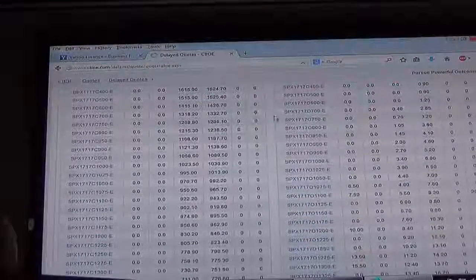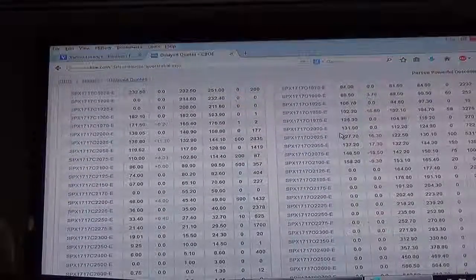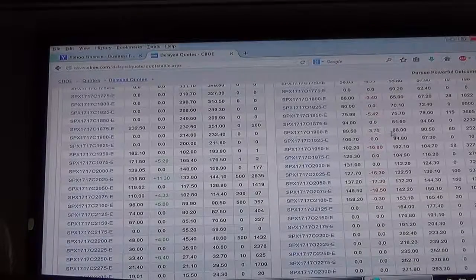And what put are we looking for? 1900. Here it is. The price is either $88 or $90.50. Which do you think we're going to pay? Do we get to pay the low price, or do we get to pay the high